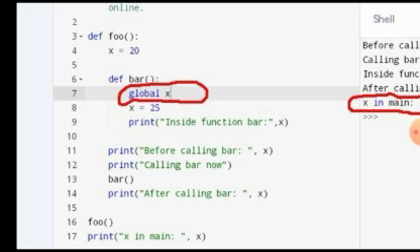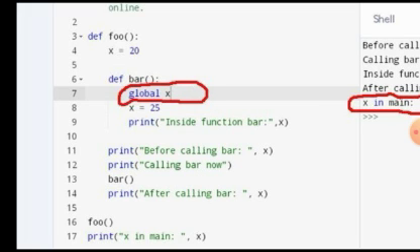Why? Because whenever we use the global keyword inside any nested function, then outside that nested function, the global keyword will lose its scope. The global keyword will have its scope in the main function, but not in the outer function which is enclosing the nested function. So here in the main function, again, what x will we get? We will again be able to access the variable which is inside the bar function. Here the bar function has which x value? It is 25. This global x declared inside the bar function can be accessed not in the foo function but in the main function, which is calling the foo function.